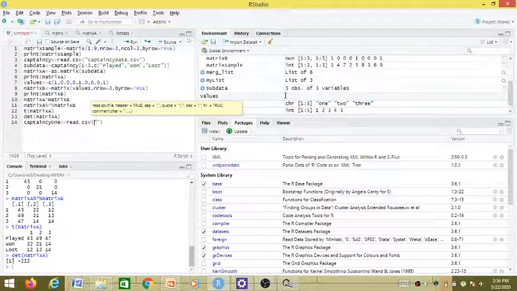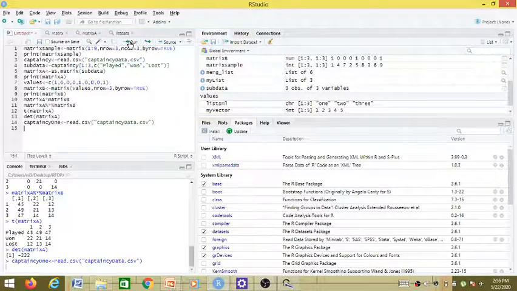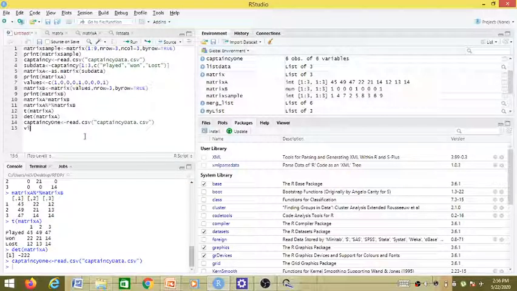If we run this and we would like to view it, we can use the print function, or we can use the View function to view the data frame, but make sure that if we are using the View function, the V must be capital.